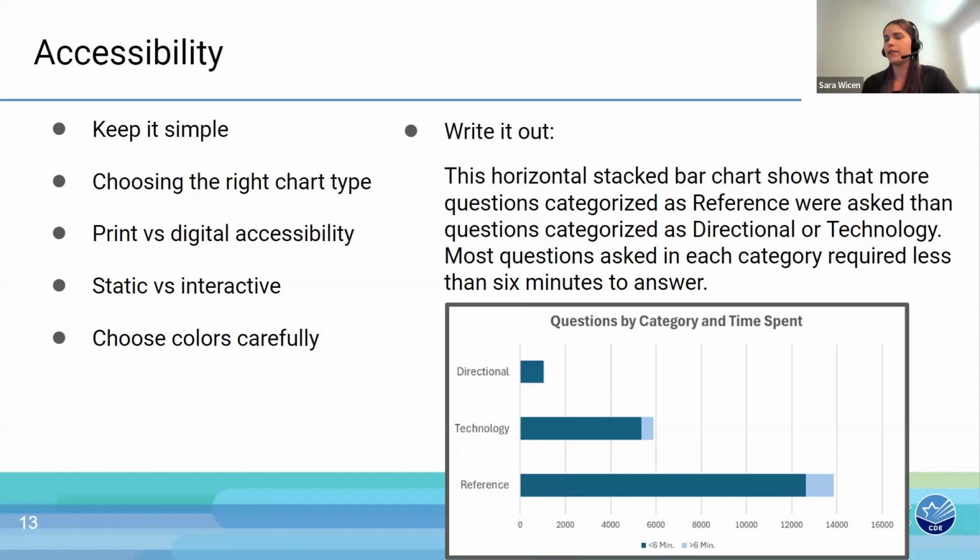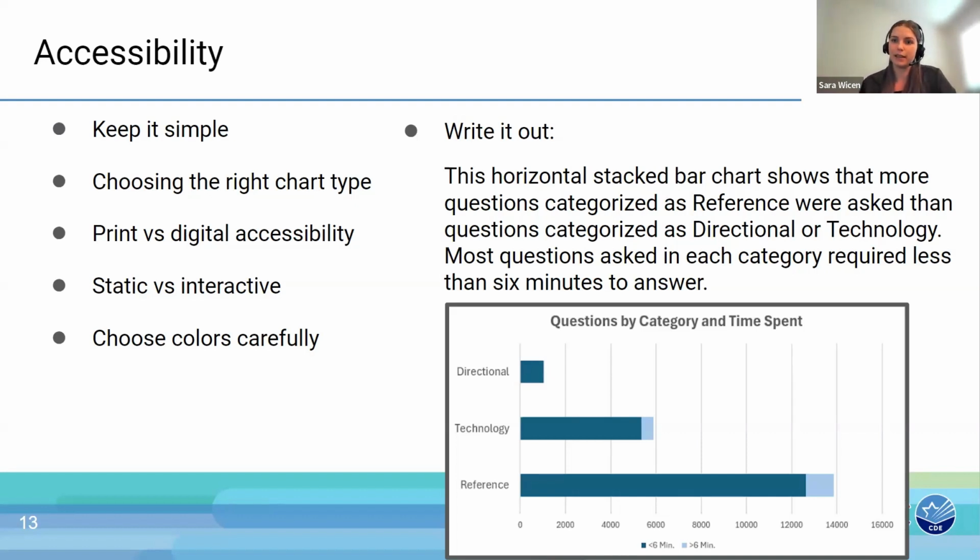And then the last thing I'll say about making sure everybody can get the information within the chart is, well, not the last thing, there's actually a couple more, but one of the things about accessibility online is trying to make sure that if at all possible, you're able to direct people to the raw data used to create that chart as well.